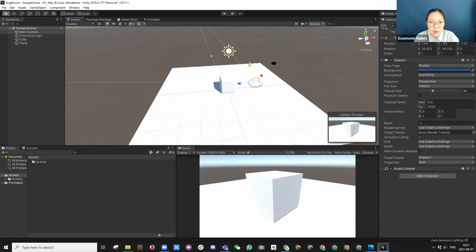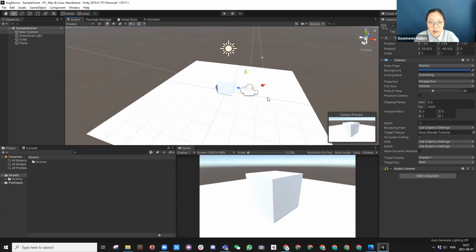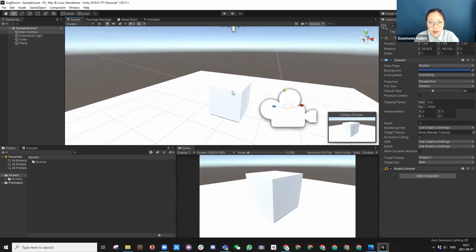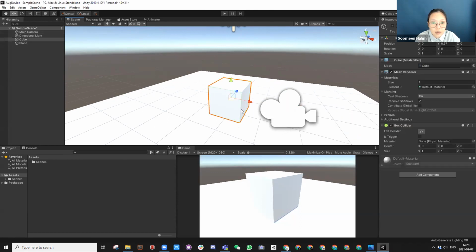So this is a game engine. Well, the best thing of this is that you can interact and make some interactions and buttons and stuff, right? So in order to do that, we need to do some minor scripting. So in order to do that, what we are going to do is we are going to add some really simple script to this guy, all right? So in the cube,